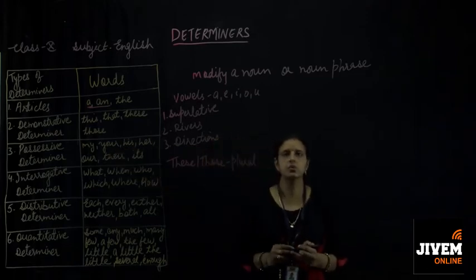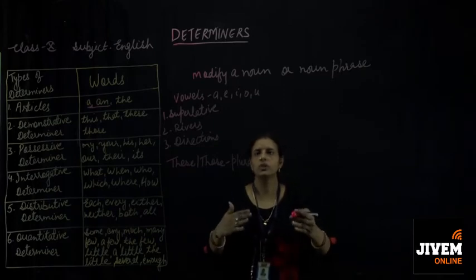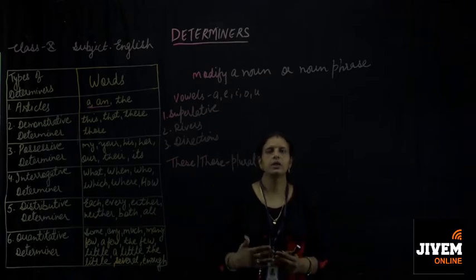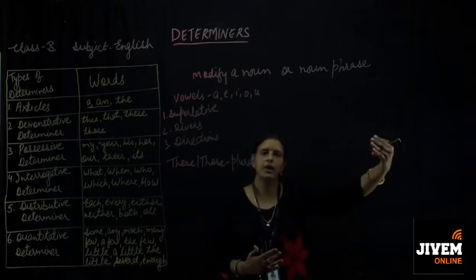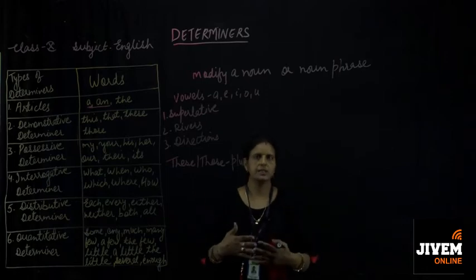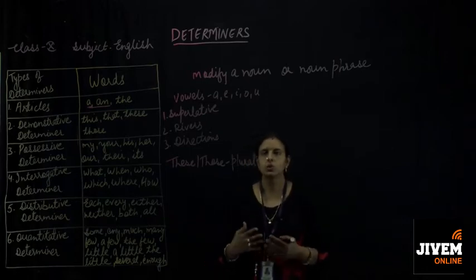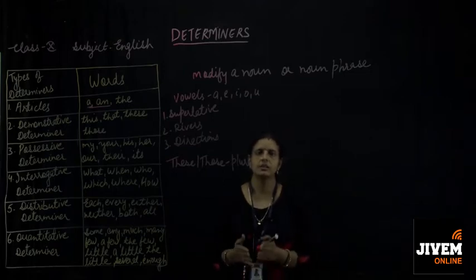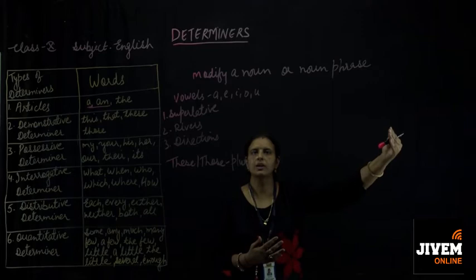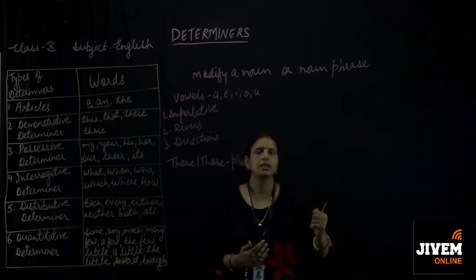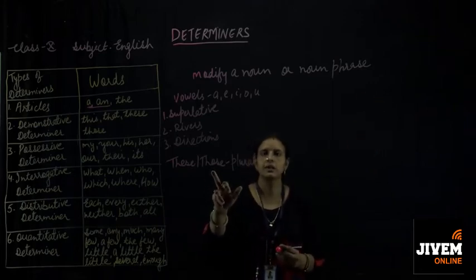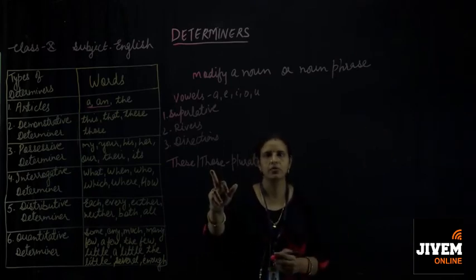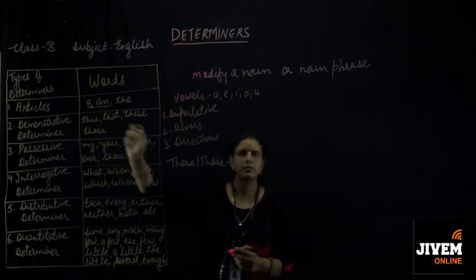These is used when we are talking about nouns which are plural in form and nearer to us, and those is used when the noun is plural in form but far away from us. Suppose the students are sitting in the class and the teacher is there, the teacher would say that these are the students sitting in the class. And suppose some ladies are working in the field far away from us, in that case we will make use of the determiner those. It shows that those are the ladies working in the field. So this shows the demonstrative determiner.